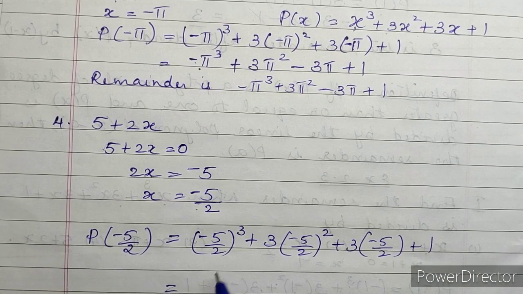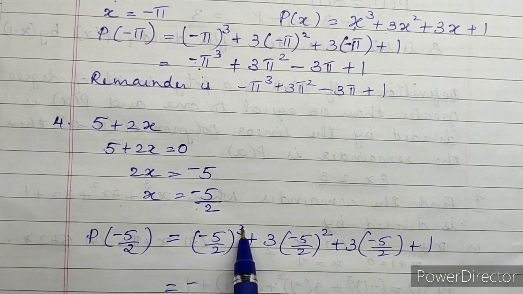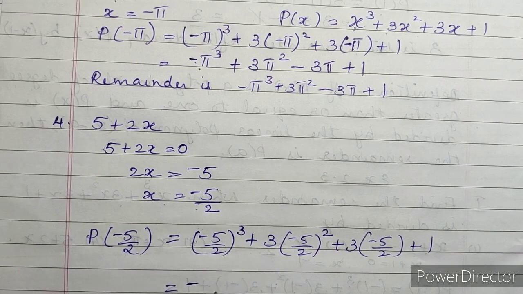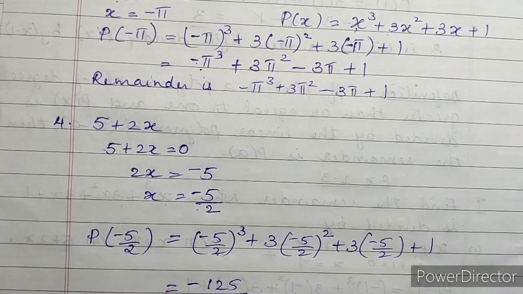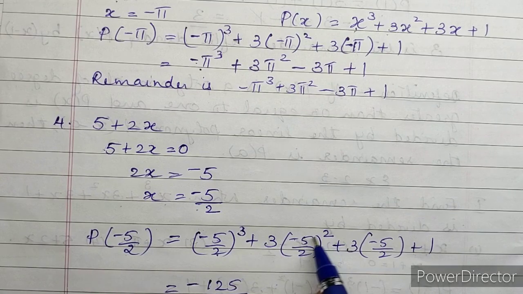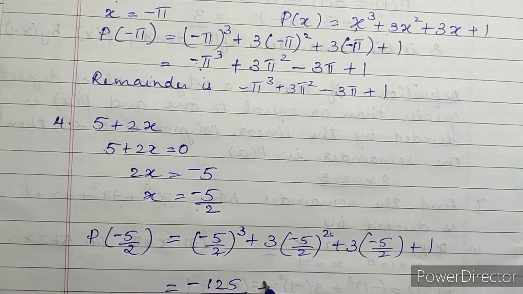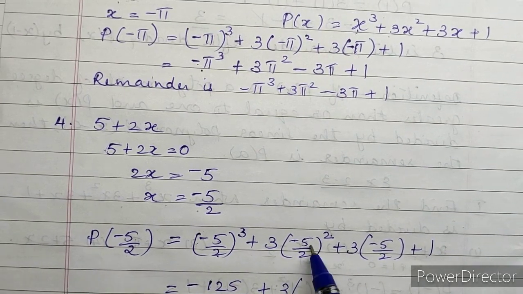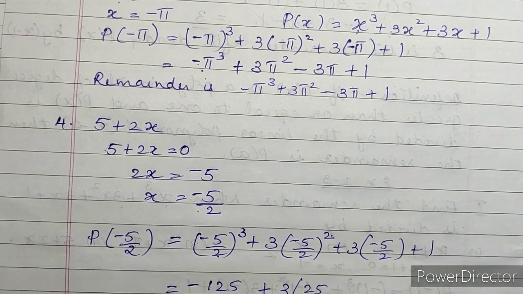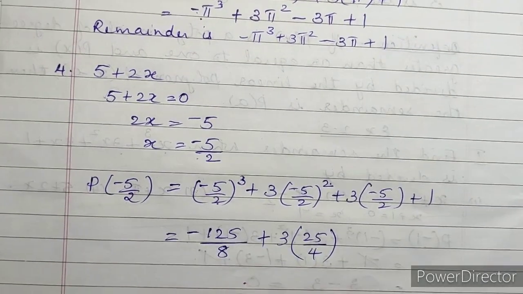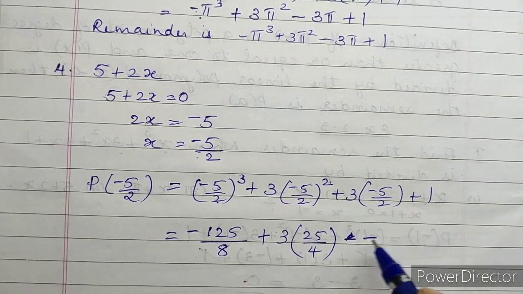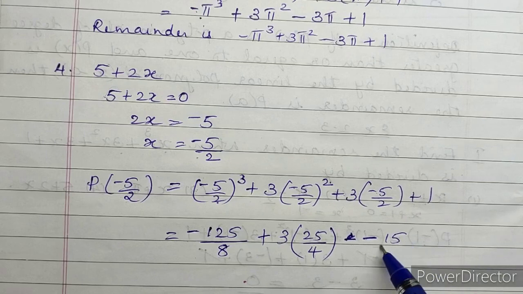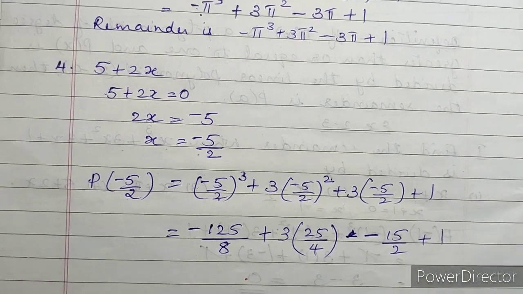which is equal to minus 5. 3 times means negative only will come. Odd number of times if it is repeating, answer will be negative. 5 cube is 125 by 2 cube is 8. Now this is even number of times repeating, plus only. 3 into 5 square is 25 by 2 square is 4. Minus and plus, it is minus. 3 5s are 15 by 2 plus 1.